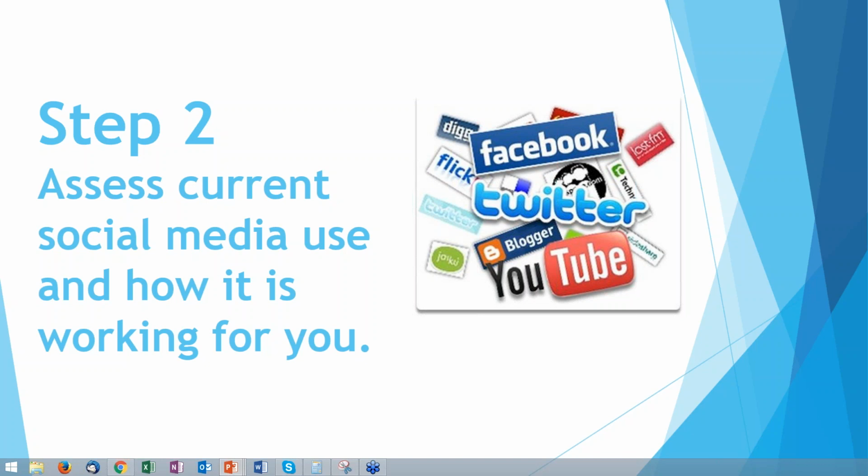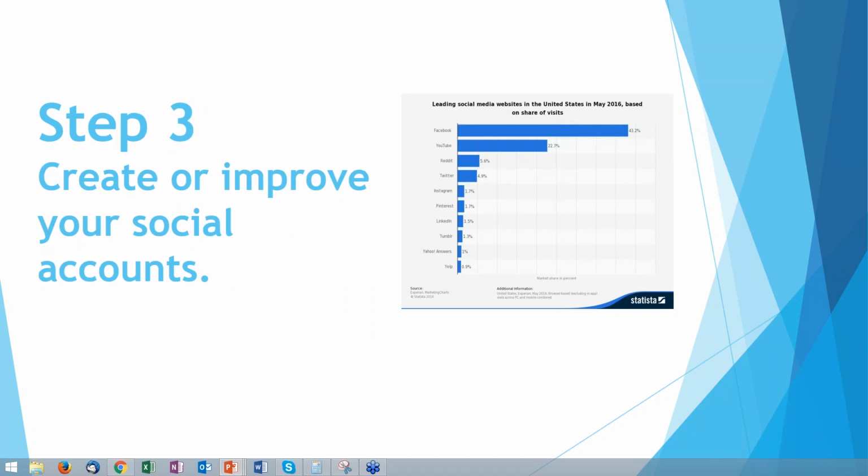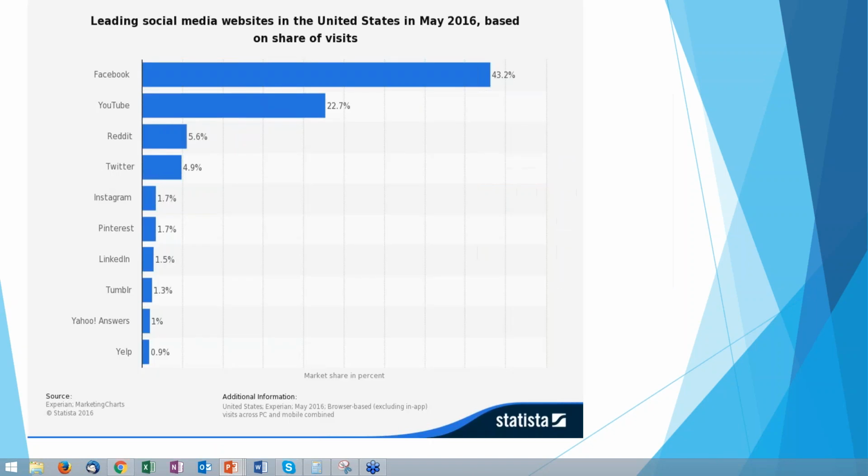Okay, so that's that. And then step 3 is you want to create or improve those social accounts. And now I'm going to show you why this is important and help you decide where you need to focus. Because what I want to tell you is, number one, I looked and these numbers actually changed from the first time I did a similar course, the marketing system course last year. And so these are 2016 numbers.